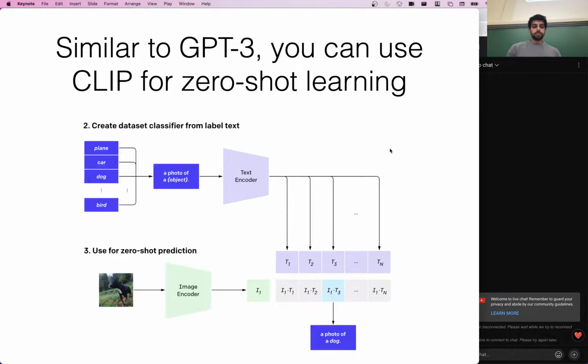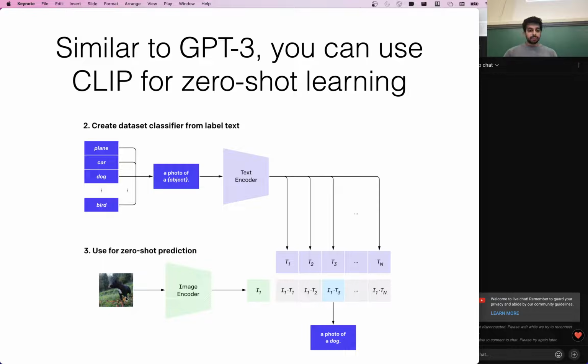Okay. So they train it in this way, and then they find that you can actually use this to do some sort of zero-shot learning. If you know what labels you're interested in, let's say here they say plane, car, dog, bird, they're able to generate encodings of all of these words using their text encoder.